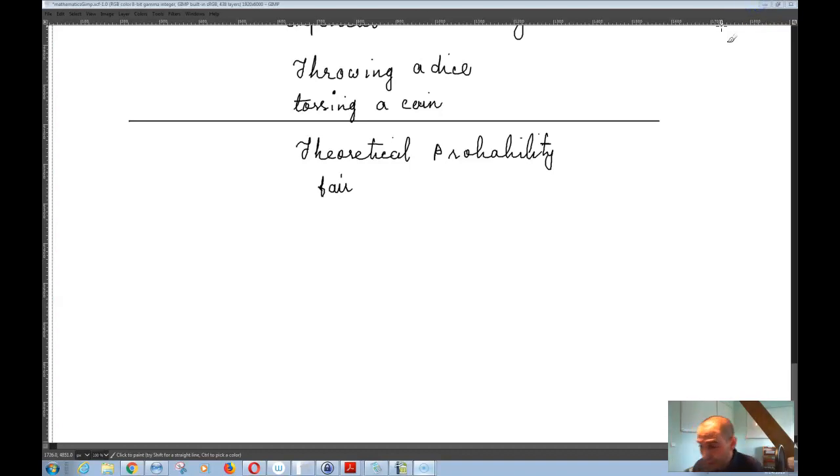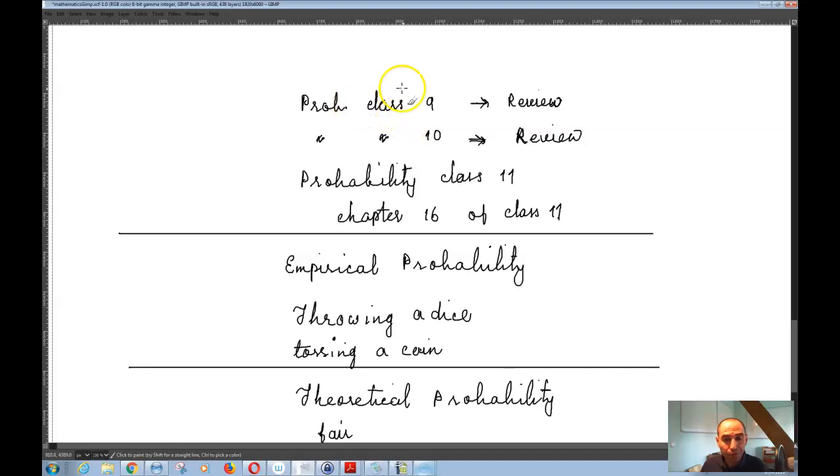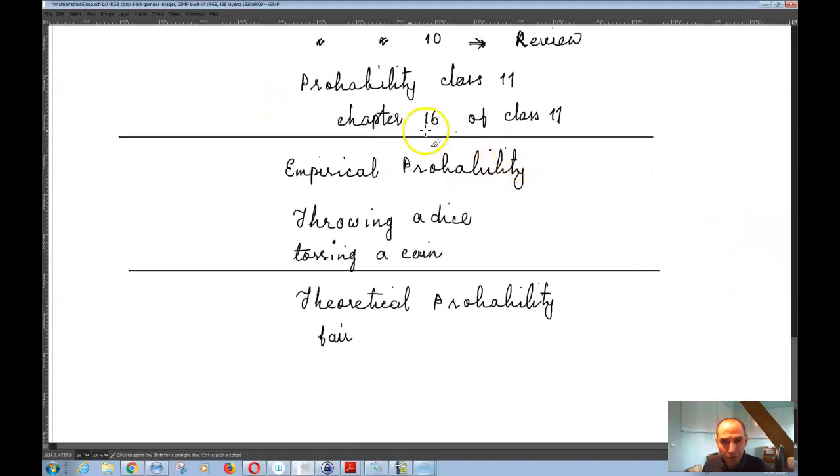In the previous 8 videos we did a review on probability from class 9 and class 10, and what we want to start here is probability class 11, which is chapter 16 of class 11. What we did in this book was empirical probability, or experimental probability. Experimental probability is basically